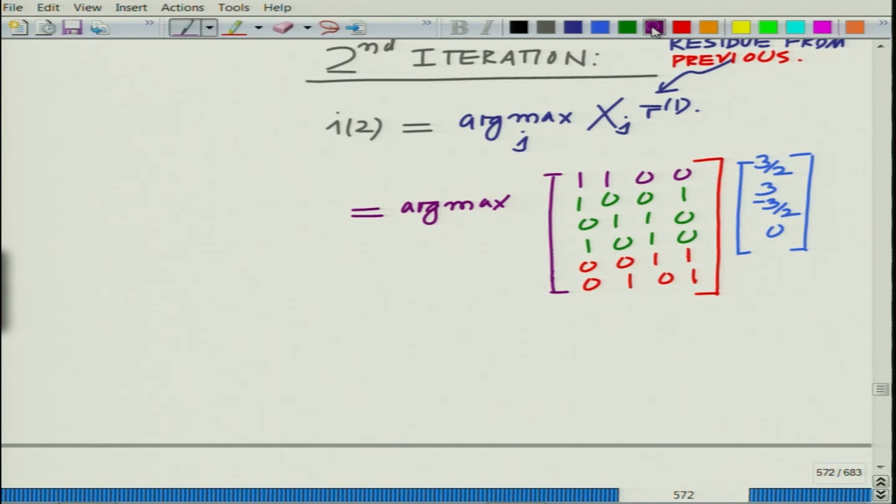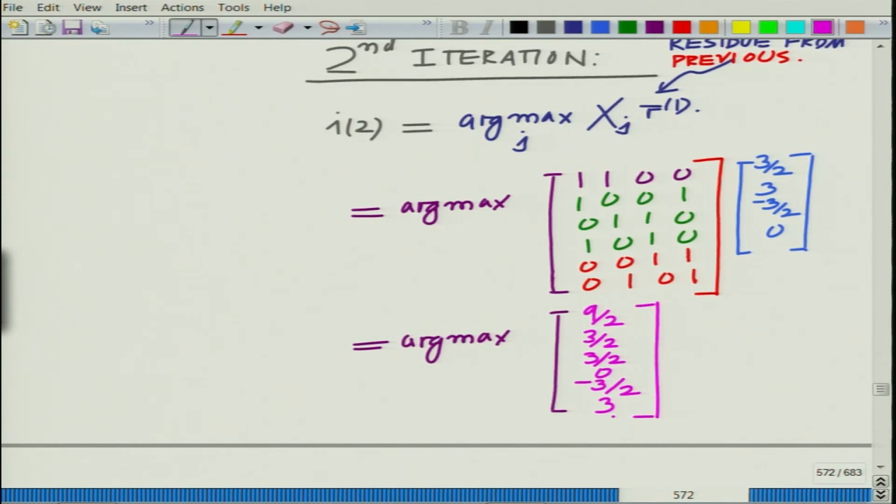You can evaluate these projections, you will find that these values are given by 3 by 2 plus 3 by 2, that is 9 by 2, 3 by 2 plus 0, 3 by 2 minus 3 by 2, that is 3 by 2, then you have 3 by 2 minus 3 by 2, 0, 0, minus 3 by 2 and 0. So, this is 3, and here now you can clearly see that this is the maximum,